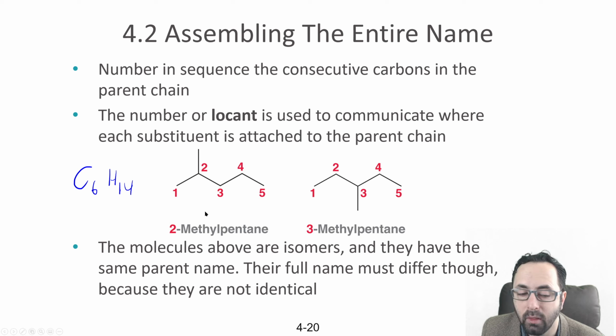So another important point is that the fact that these names are different tells you they're not the same molecule. Isomers of one another do not have the same name because they have different structures. They will have different names. If you name 2 molecules, or what you think are 2 molecules, and the name comes out exactly the same, those are not isomers of one another or different molecules. Those are exactly the same molecule. The names are 1-to-1 with the formulas.